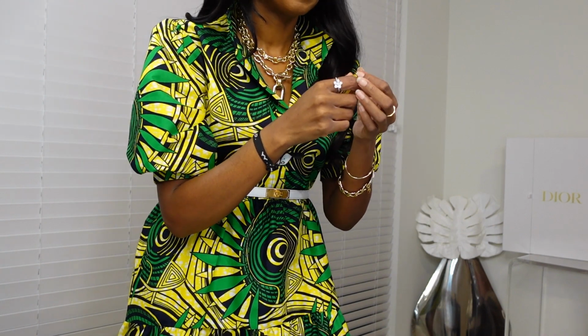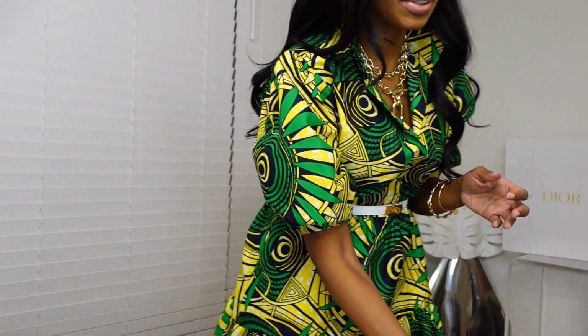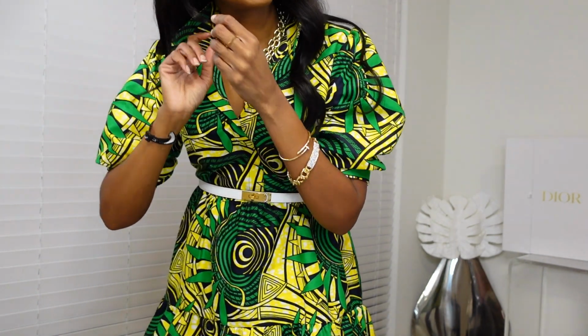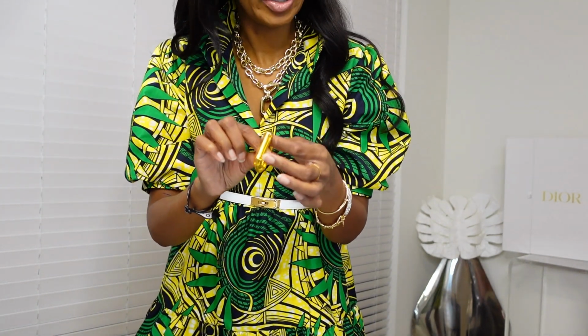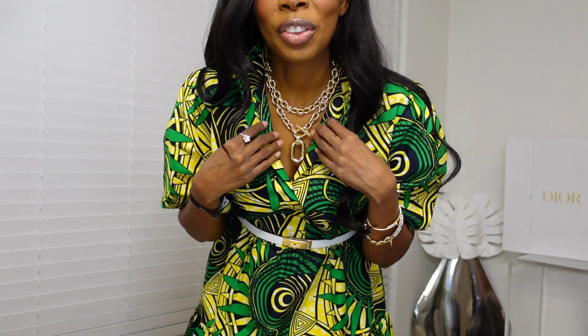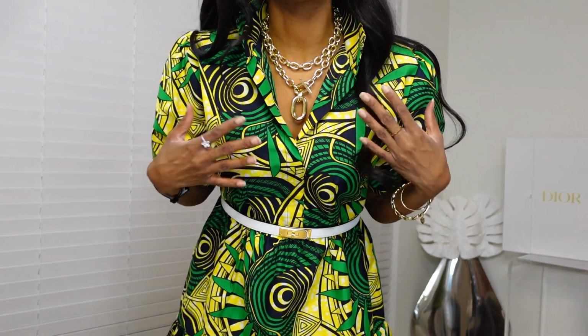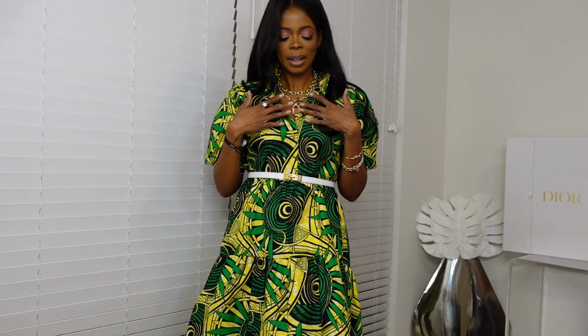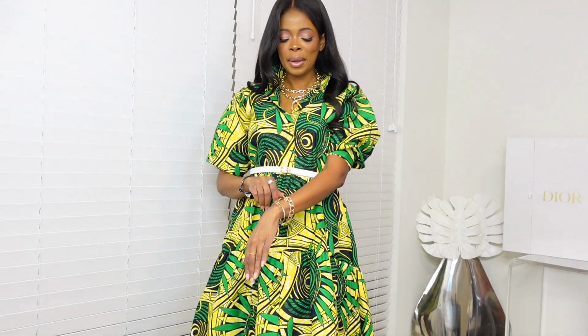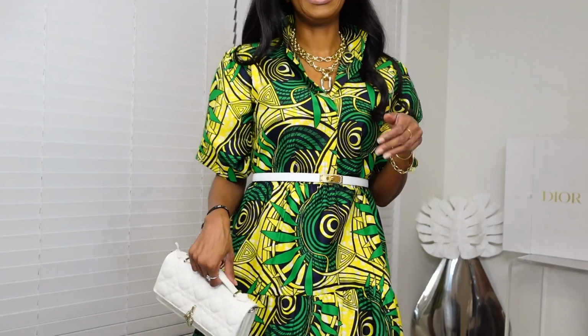I'd wear some daintier earrings, like some studs or something, instead, just because these are statement piece earrings. So it's either gonna be a statement necklace or statement earrings. That's just my preference. That's what I like. So I'm gonna pick one or the other. I'm still gonna wear earrings, but if I was gonna wear this necklace, which I think goes very well just because of how it opens right here in the front, I definitely would wear a nice little chunky bangle or something with it,